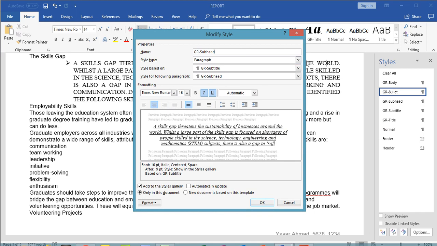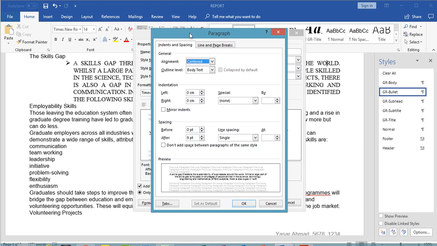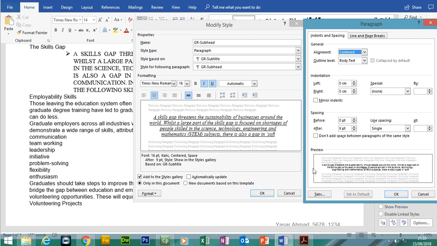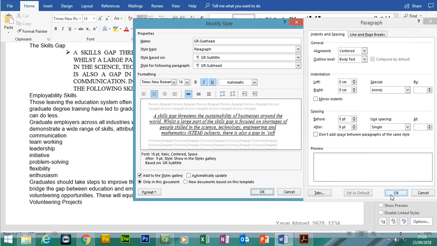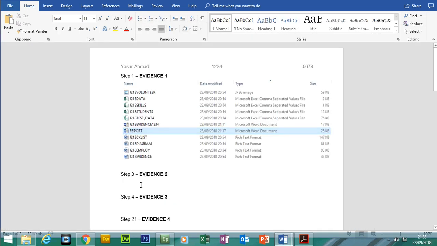okay, I'm going to take my first, actually if I go click on format paragraph and put that to the side, we can also see these settings as well. So I can take a print screen of both this and this as well. So if I now go to my evidence document,